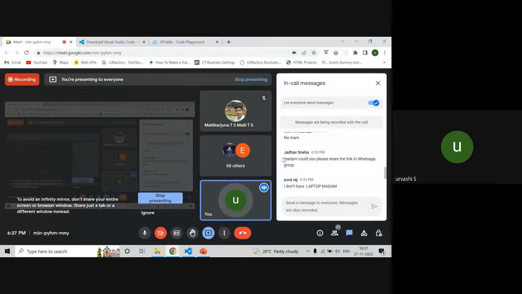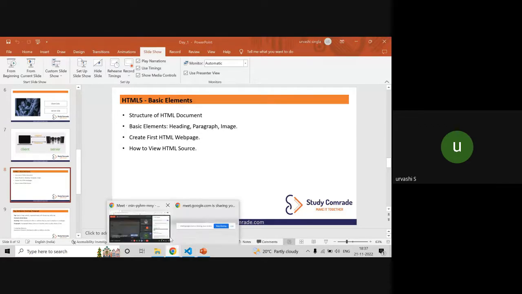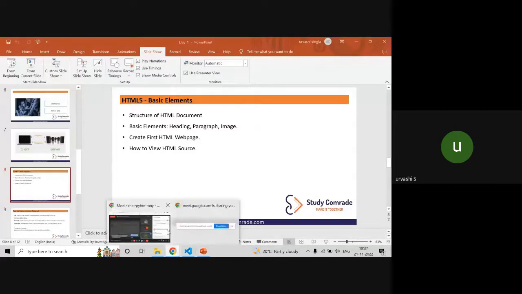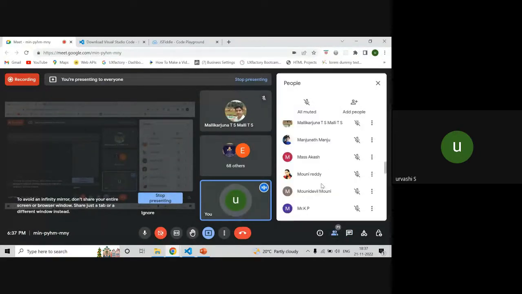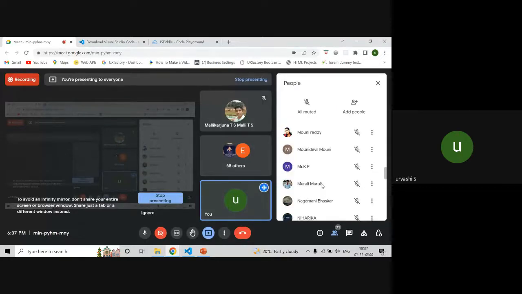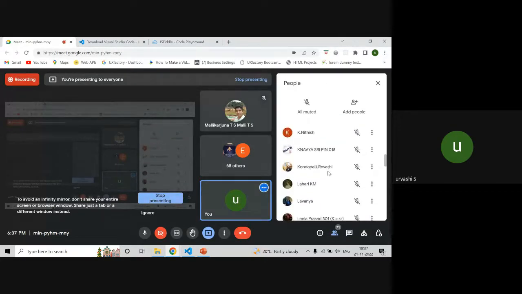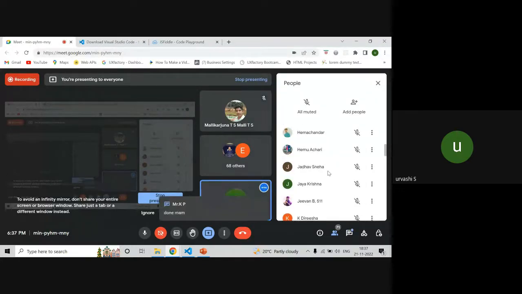Sneha, I will share all the installation links and everything in the PPT. I will include it in the slide itself. And at the end of the class, I will be sharing the code file and this PPT file with you guys. Okay, guys, is the setup done? Anyone who is left? Anyone who is not able to do it can please share their screen. Revati, Manasa, Jeevan. Done.